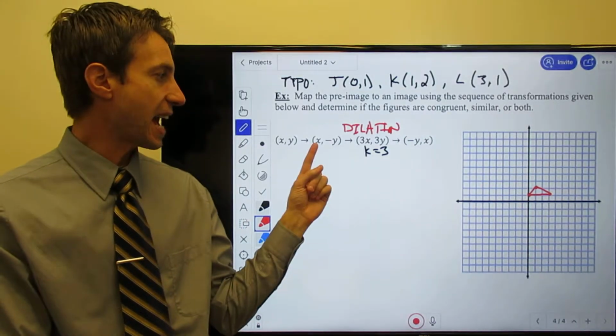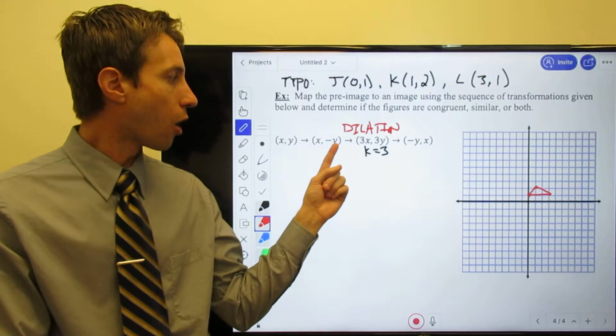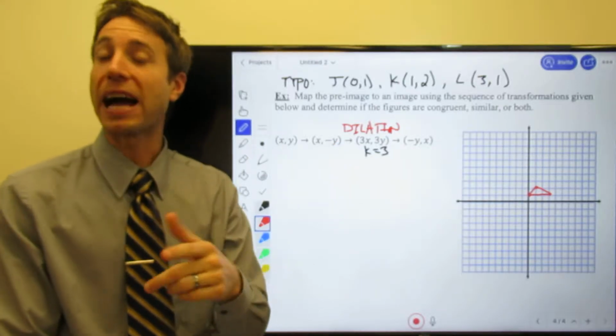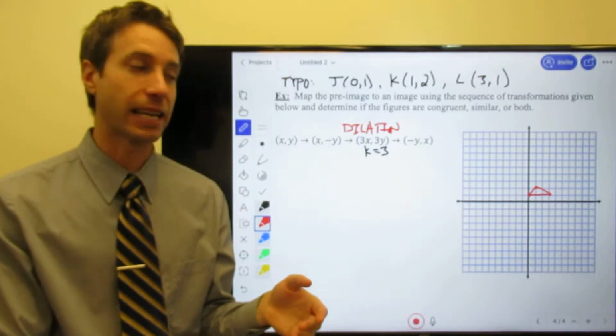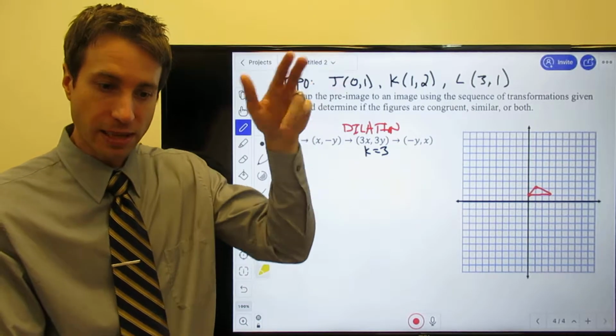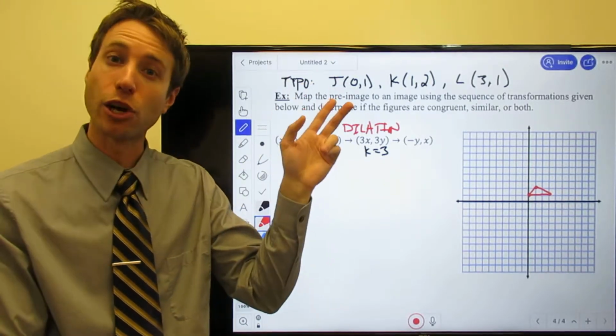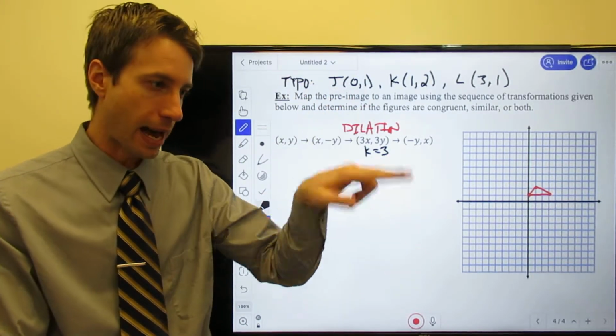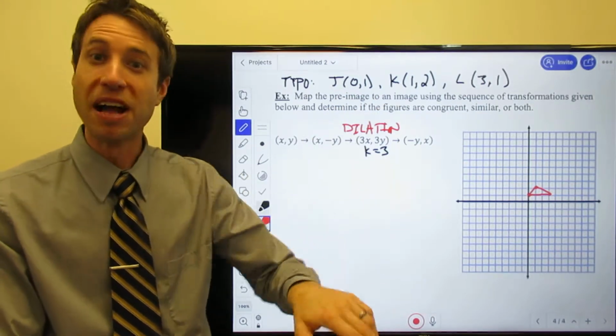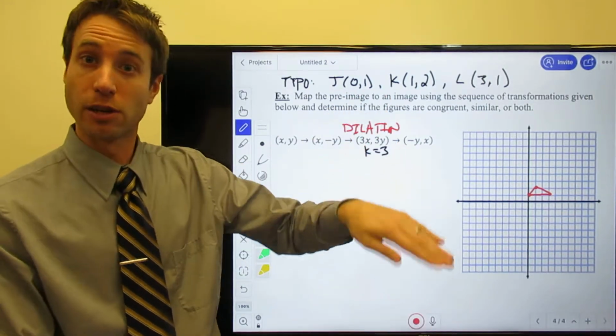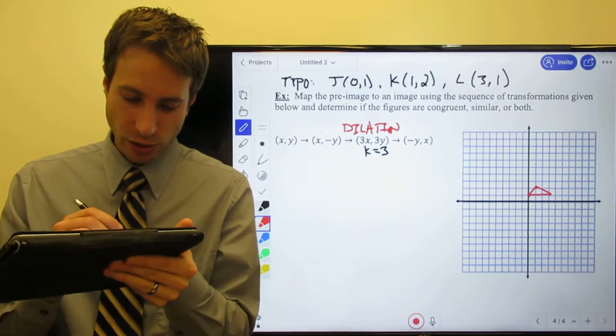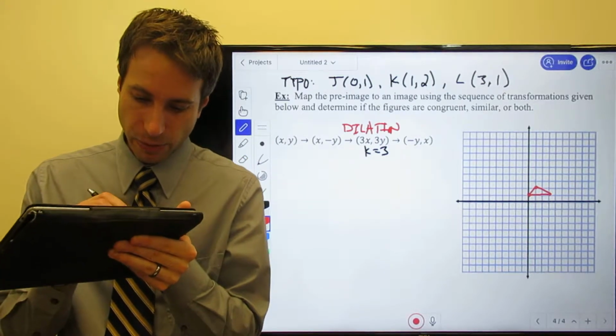What I'm doing, the x value is staying the same. All I'm doing is changing the y value. In fact, what I'm doing to it is making it negative. So if it were positive, it's going to be negative. If it's negative, it's going to go back to positive. Well, what is that? If the x value stays the same, that's a reflection across the x-axis. So what we've got here is a reflection